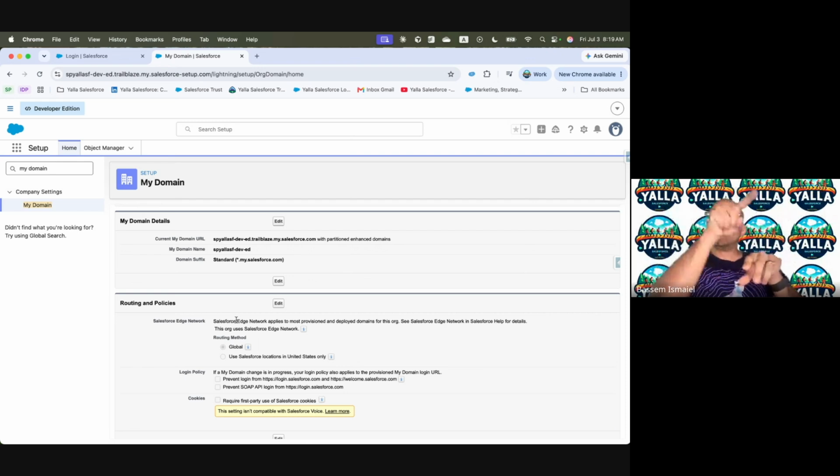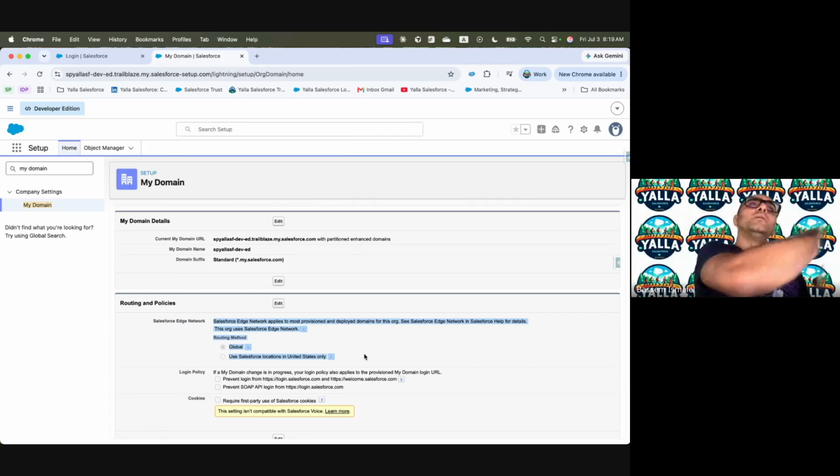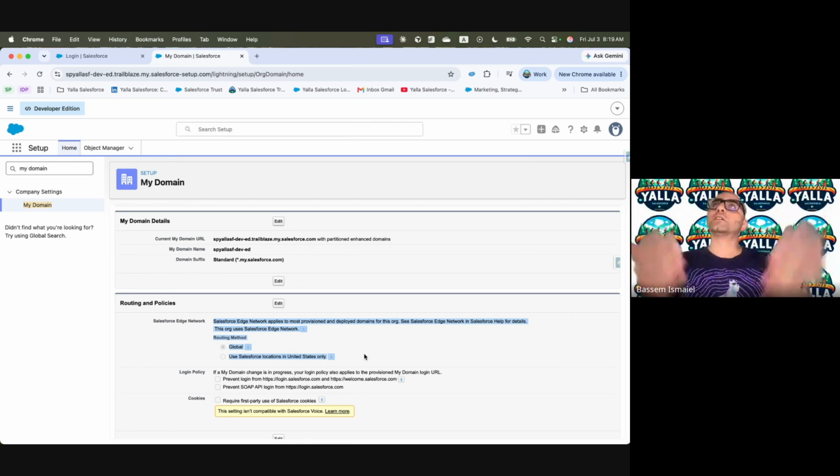And then internally, once we reach from the internet into the closest Salesforce network point, the navigation internally will be way more efficient because it's within Salesforce private network. And this is what this is doing. It's a routing method. Going to the Salesforce Edge Network global means regardless where I am, take my request into the closest point for me globally. This is very useful for caching, for optimizing the performance, and so on.